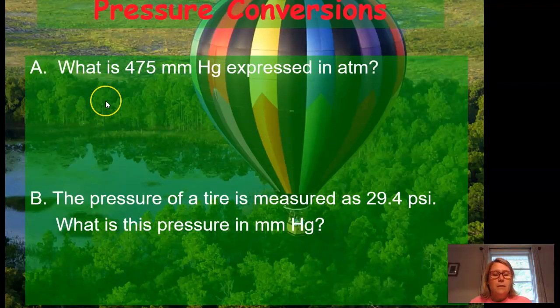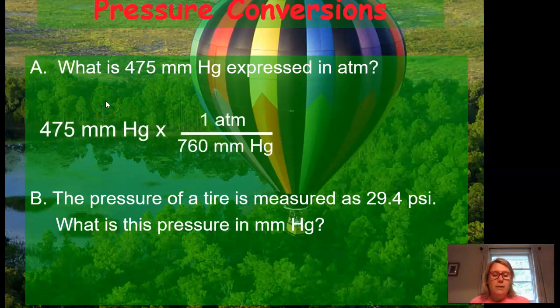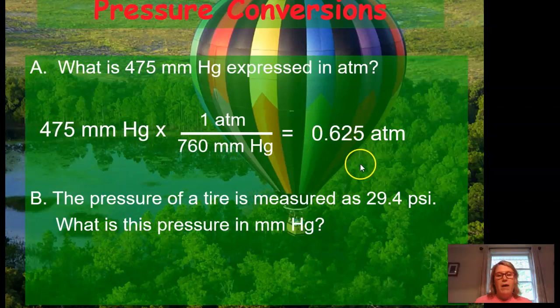Okay, so 475 mmHg. I'm putting 760 mmHg on the bottom. Why? Because I want the mmHgs to cancel out. And I'm going to put 1 ATM on top because that's what I want to be left with. And when I do that, I am left, so I'm going to divide 475 by 760. And I'm going to make that 0.625